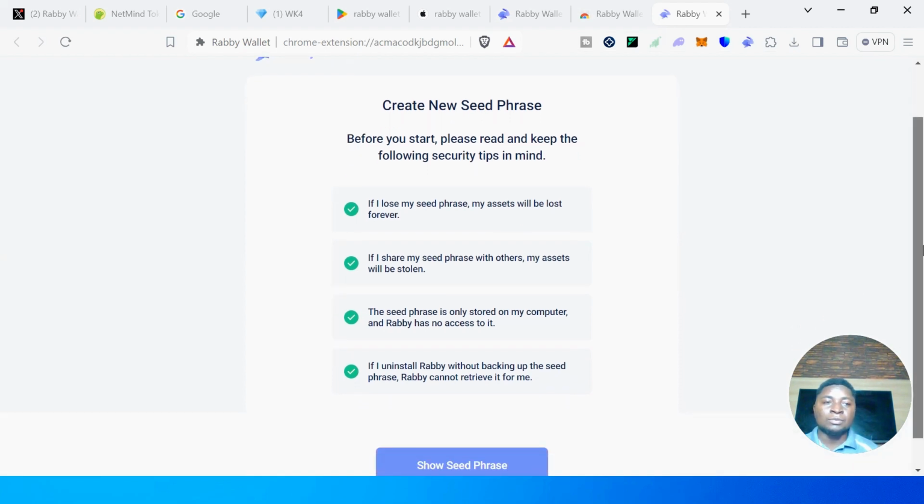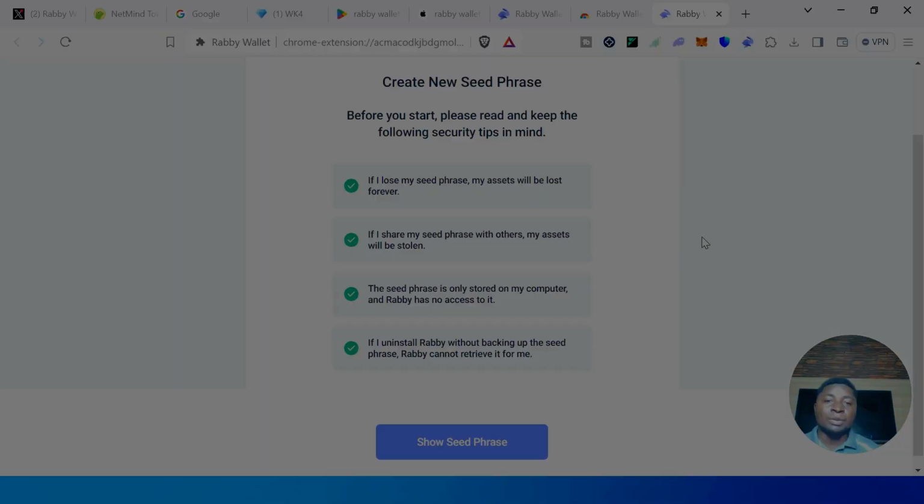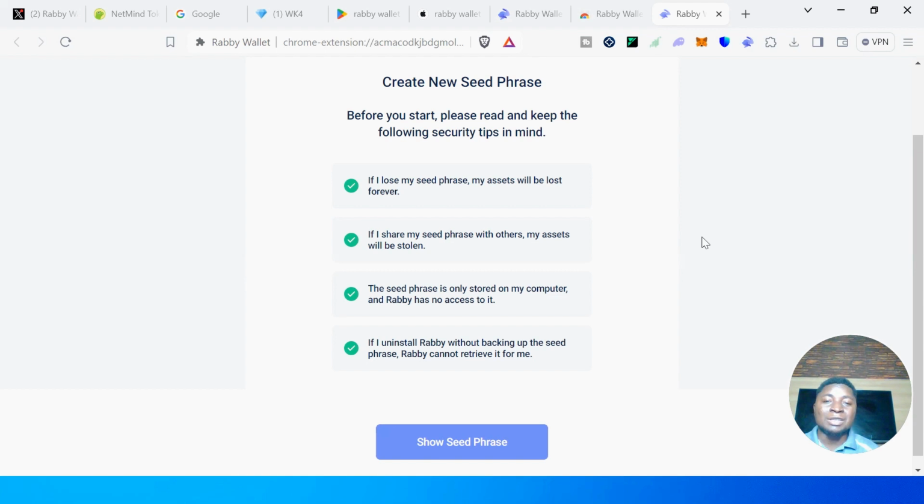All right, so this information is very key. I want you to calm down, go through it, and ensure you understand what this means. Before you start, please read and keep the following security tips in mind. If I lost my seed phrase, my asset will be lost forever. This is what I've said in previous videos. Your seed phrase is the key to your asset. If you lose it, then it means you have lost access. Even if you have $1 million worth of coins and tokens, losing your seed phrase means losing your money,